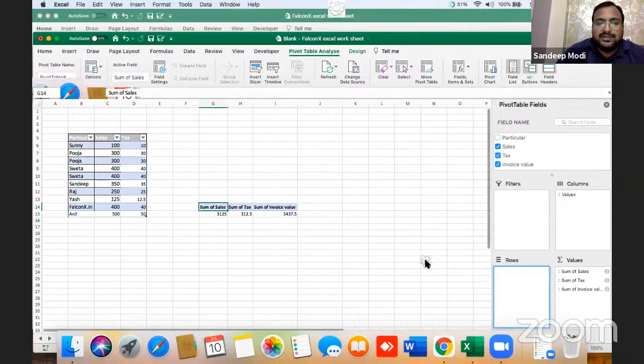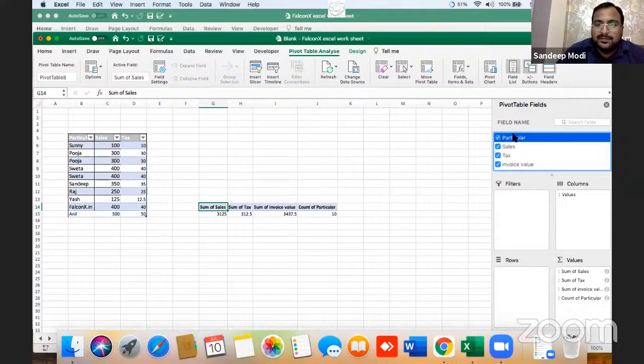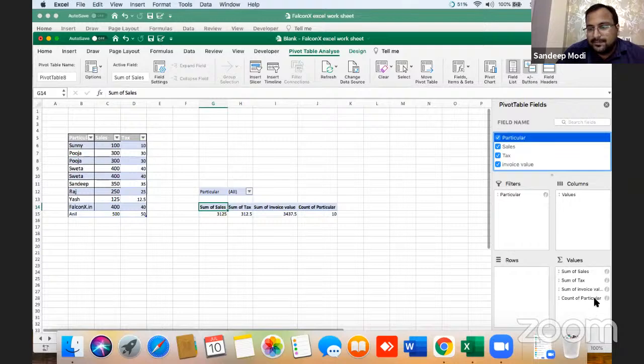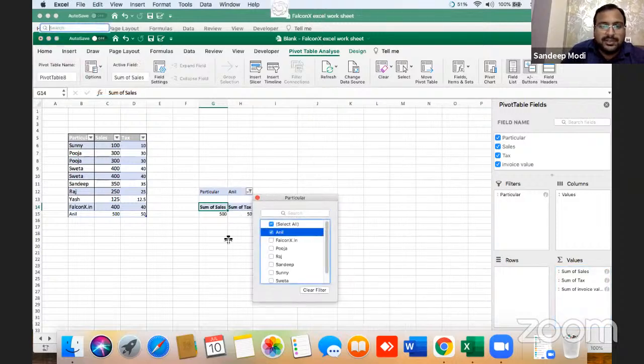For example, if I change this, the value will remain intact for me. Everything will be intact. So this is how you can calculate fields in Excel pivot.